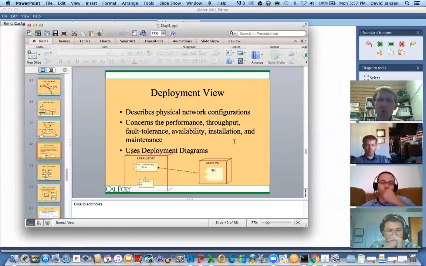So on Wednesday, I'm going to talk a little bit about TDD, test-driven development, and we'll talk about testing and how we do software testing a little bit. And TDD is about testing, but it's largely about design. And